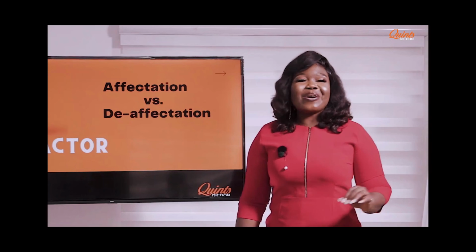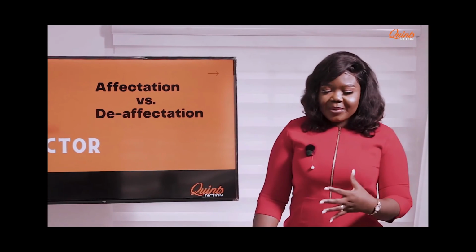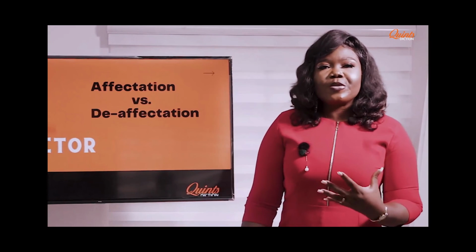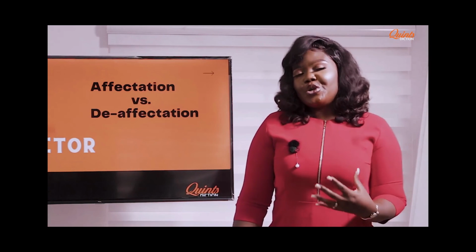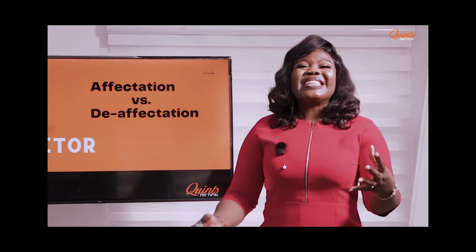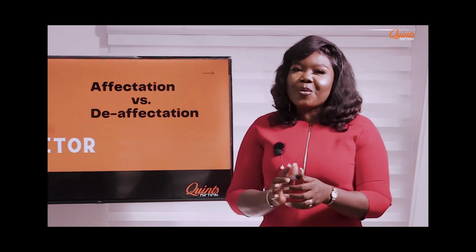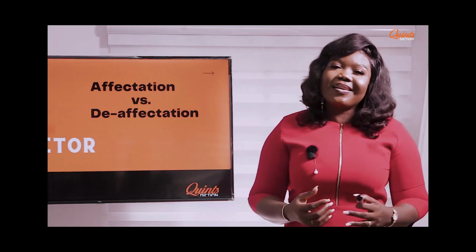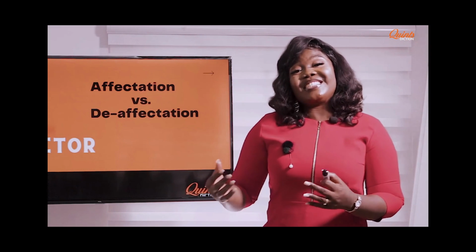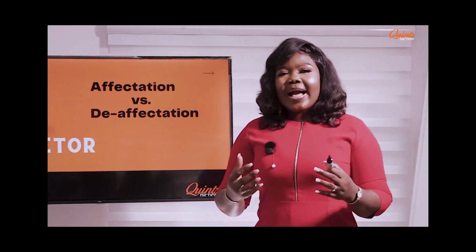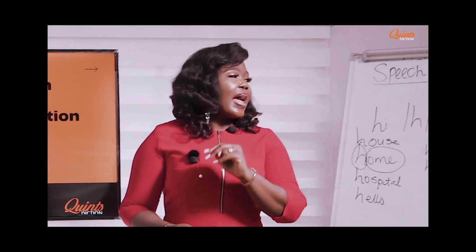But when it comes to affectation, this is a bit tricky because this is the way you have spoken for years. You're used to saying, come heat. Come and heat. When you mean eat, you add the H. So you're actually saying heat instead of eat. So how do you fix it? One, you still need to pay attention. And two,